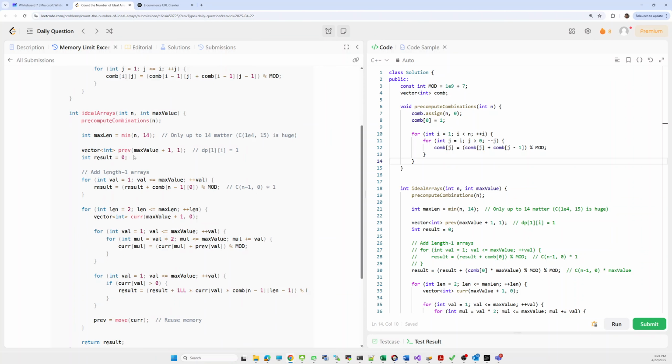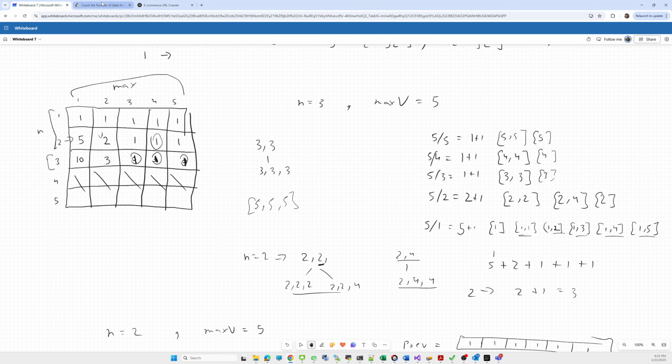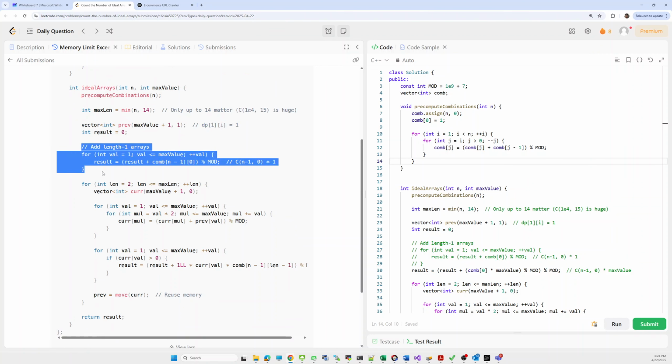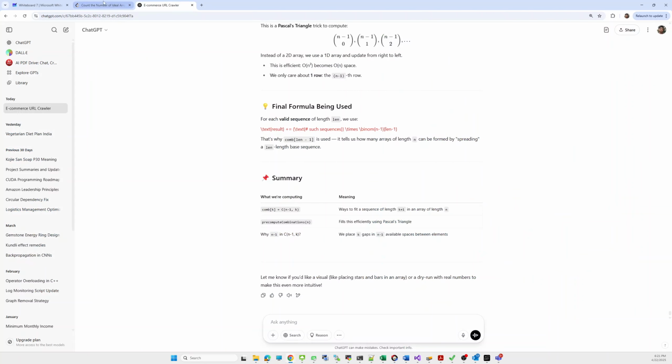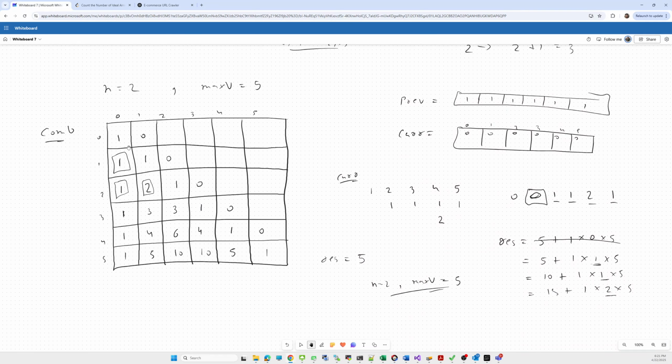Now for the max value, we just take the previous state, which works like the dp of this table, this one table which we previously stated, 111, so dp of this. After that we have to calculate the result. We calculate the result for a combination of a one-sized array. How can we calculate it? This one, the sum of all elements of the first column.